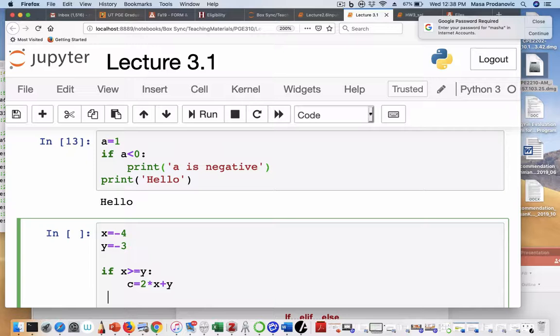I don't even know what I had on slides. I just came up with some c. Okay. And then